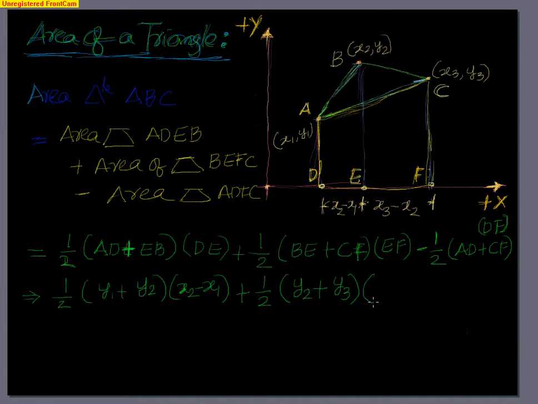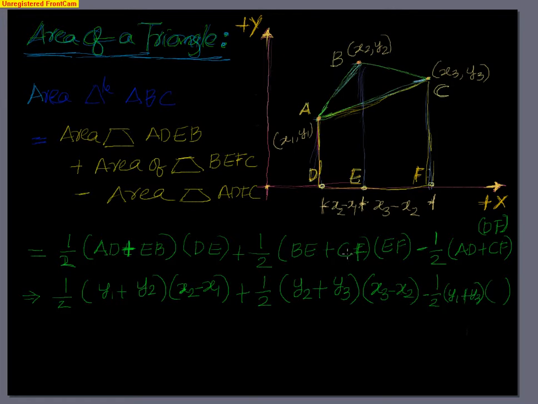EF is the difference between x coordinates of x3 y3 and x2 y2, that is x3 minus x2. We already have it here. I have done it for you. x3 minus x2, minus half into AD plus CF, that means y1 plus y3, into